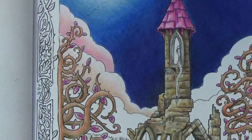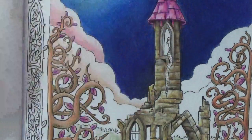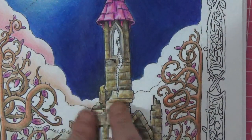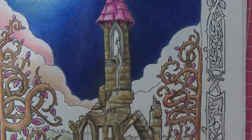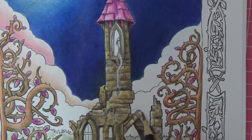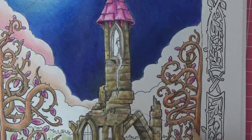There, so we've got a nice whimsical soft background, but I needed colour to lift it. So this side of the page, if I can show you here, there's only like 2 clouds. So this one is pink, I'm going to do that pink, then this one joins this one, but there is no cloud here. So I'm just going to estimate where that one would have come and stick a cloud shape in like that,